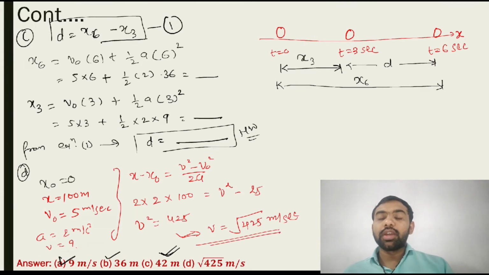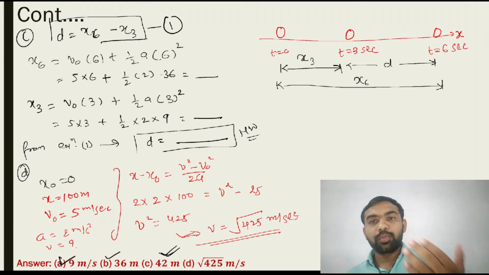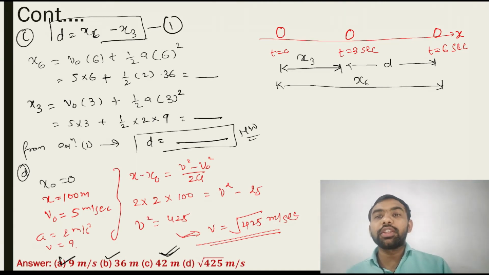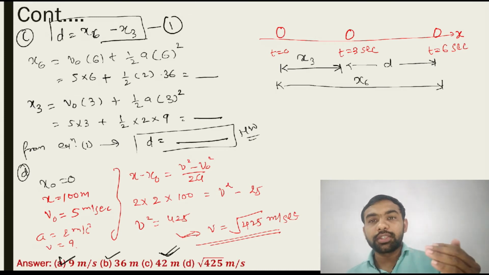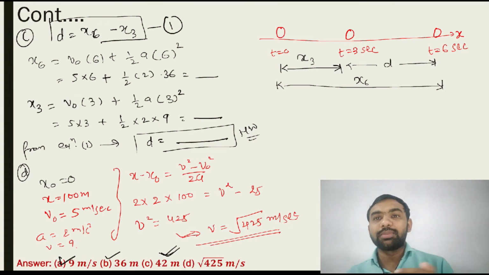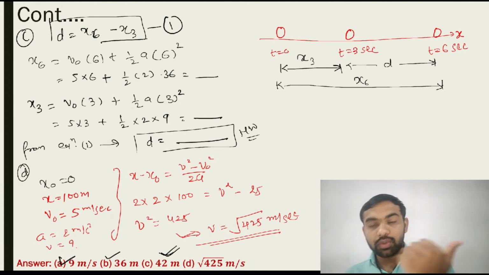So in this way, you first write down all the given data, then think of one equation in which all this data is present, put in the values, and you get the answer with sign. Here you must use the sign convention. Without sign convention, we are not able to solve this type of problem. Here the object is considered to move towards the positive x direction, so we use positive data. If somewhere the object is moving toward the negative direction, then you will also use the negative sign. So you get the correct answer.